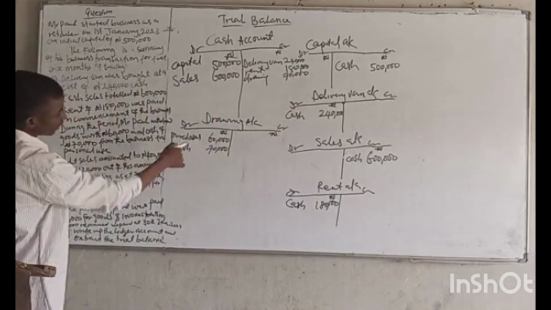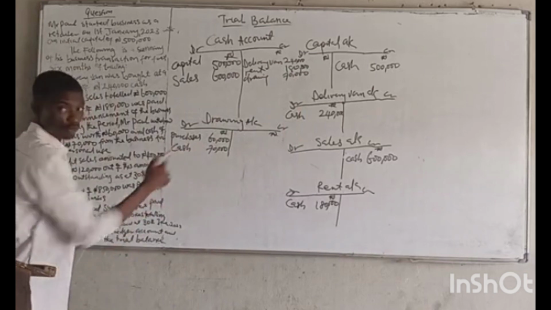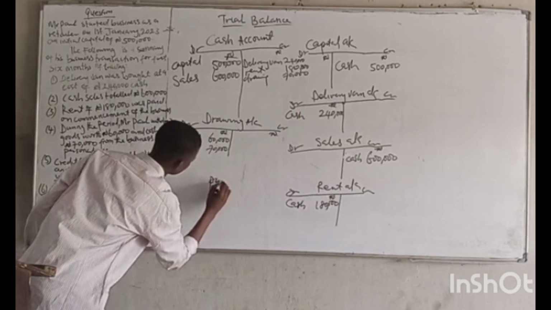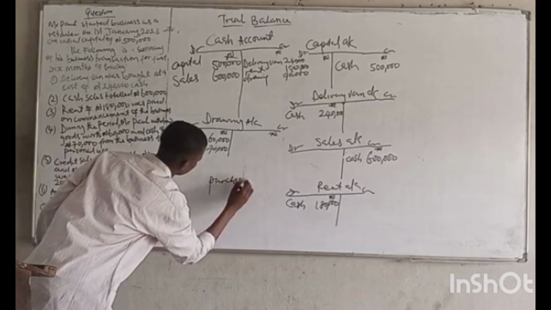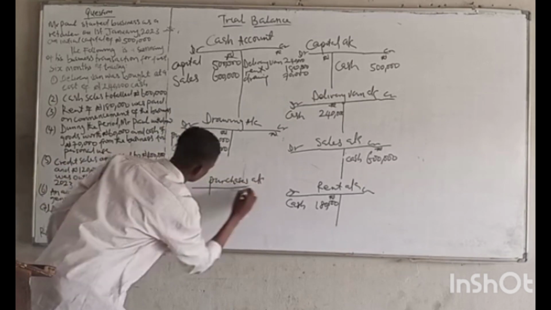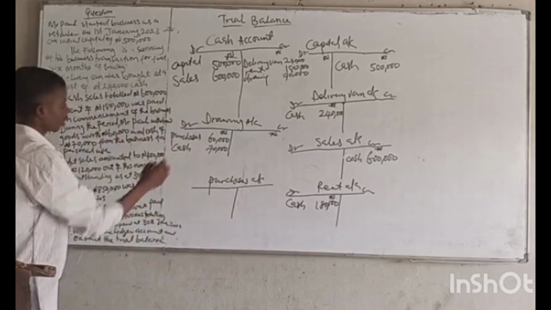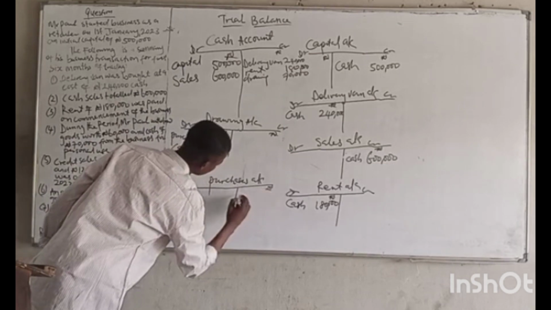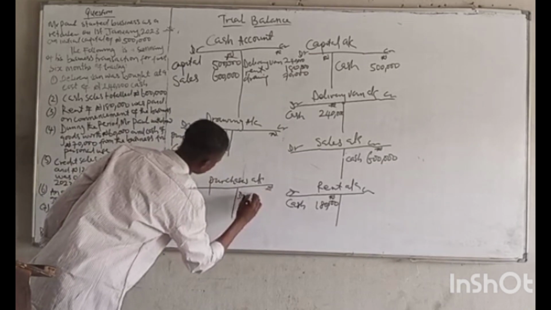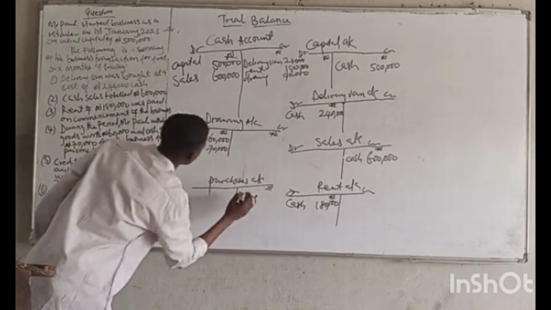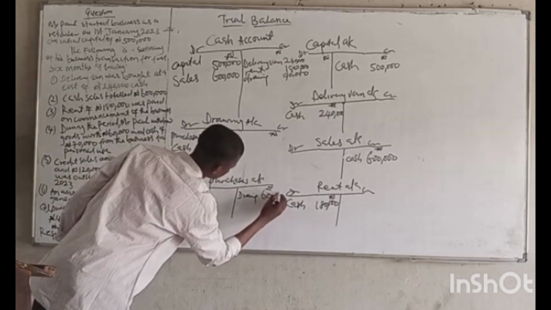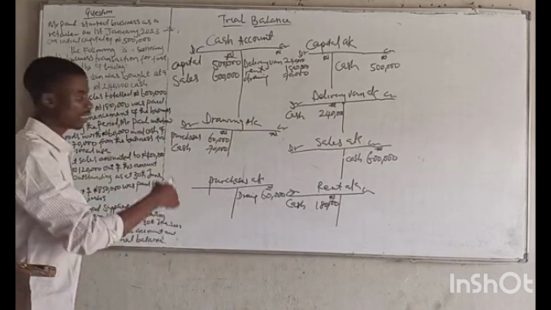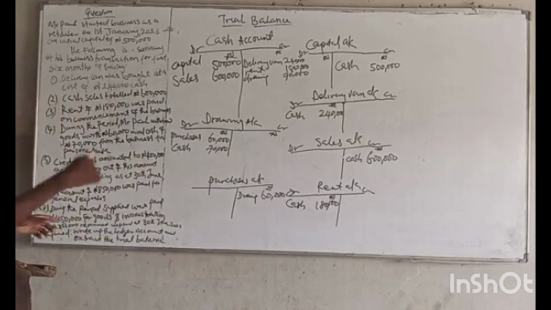And then the corresponding entry for purchases, we will have to open a purchases account. So we say purchases, because it's debited here, we have to credit here in the name of drawing, 60,000 naira. Then this is how to pass an entry, the double entry for it in the ledger. So the next transaction said